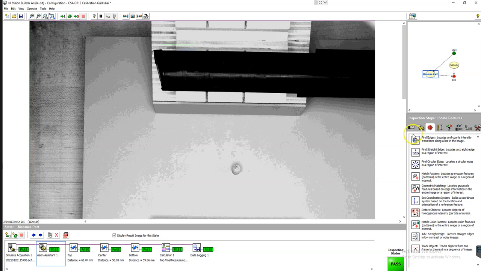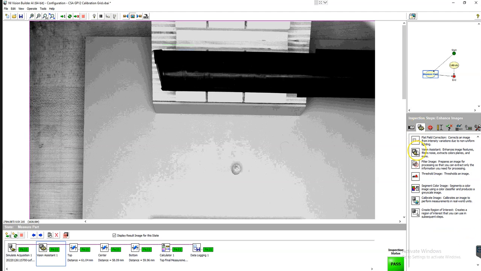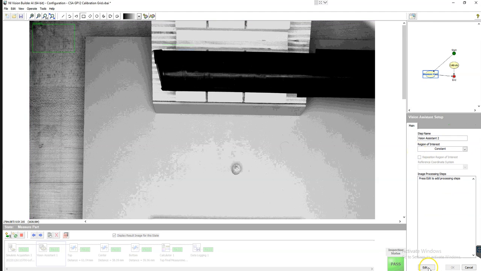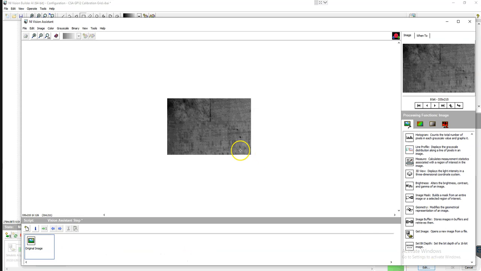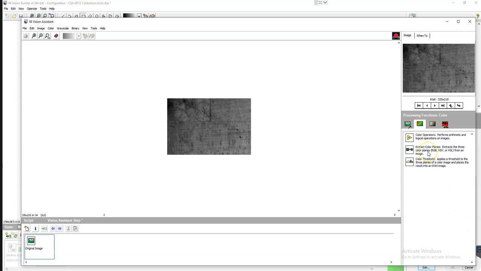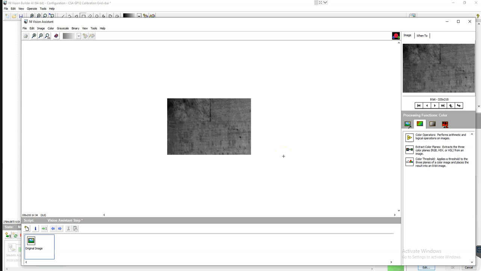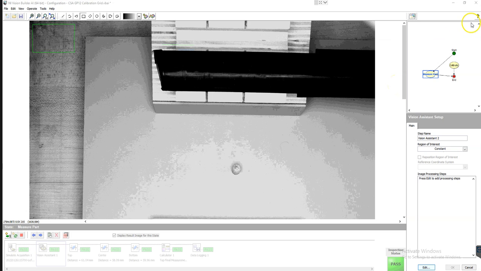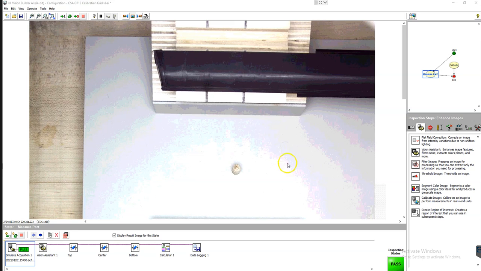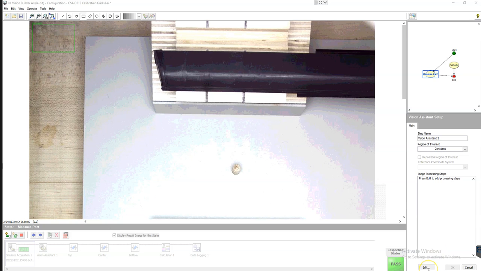So Vision Assistant is here. In Enhance Images, it's kind of its own program. So if you go ahead and edit, it'll open up another window. And from here, the most common tool I use is Extract Color Planes. This has already been extracted, so it's not going to let me do it again. But if I was doing it from scratch, for example, let's say I put a new one in front of this one, Vision Assistant, edit,